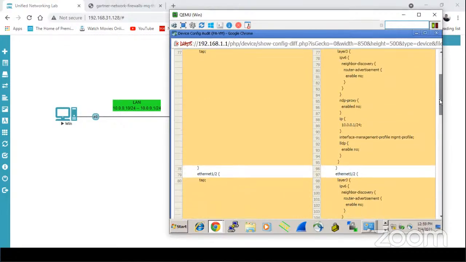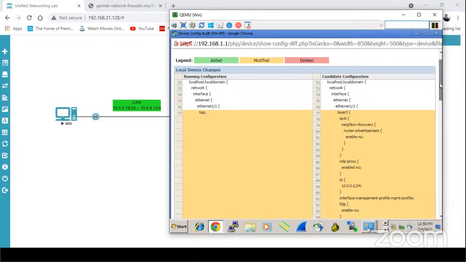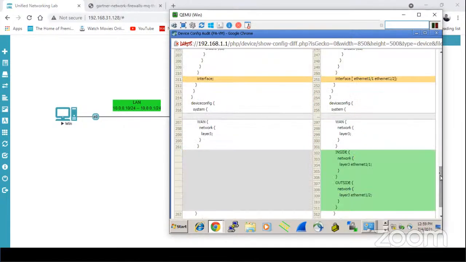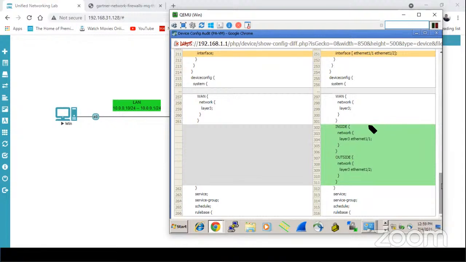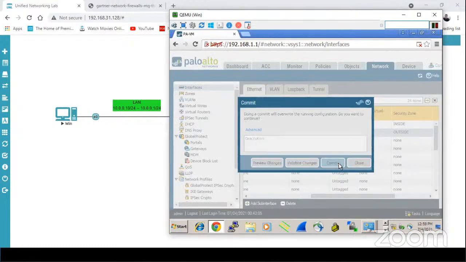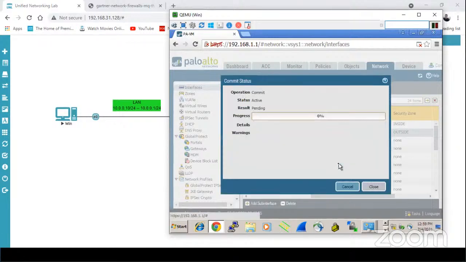Scroll down. You can see these are the modified changes. This is my running configuration as of now, and this is the candidate config. So here you can see we have configured the inside interface as layer 3, and the outside interface as layer 3. Click on the commit button. It will take some time, then commit will